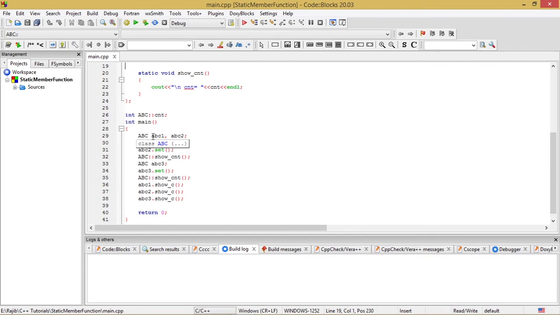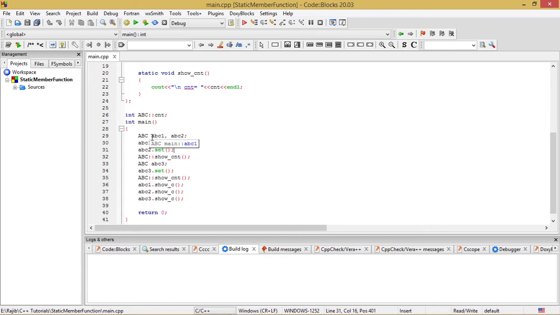I have created two objects of class ABC as abc1 and abc2, as you can see clearly in the first line under the main. And you know very well that any static data member is initialized to a default value of 0 when the first object or the first instance of the class in which the static data member is declared is created.